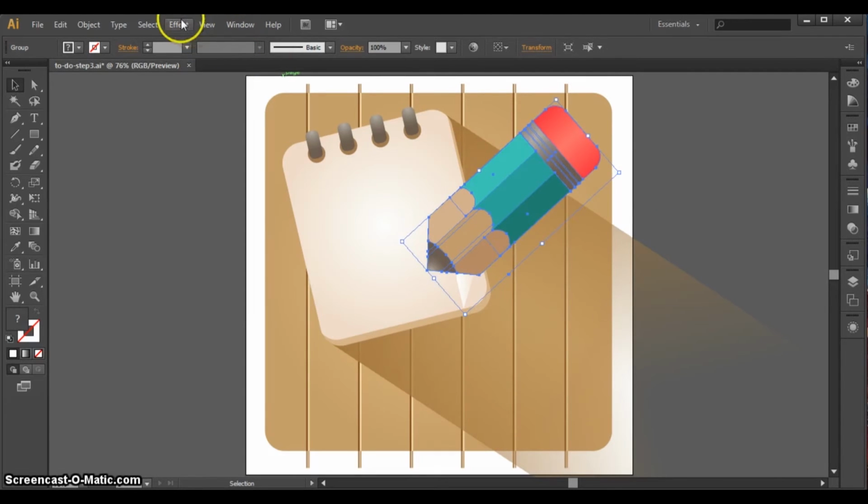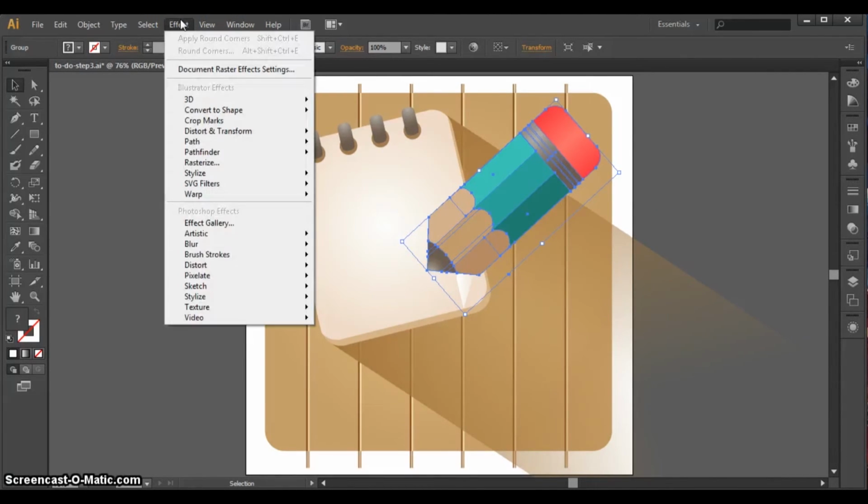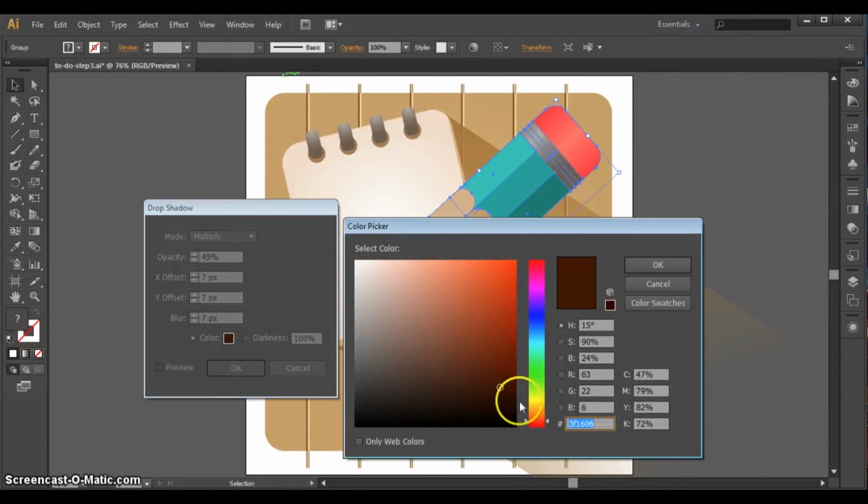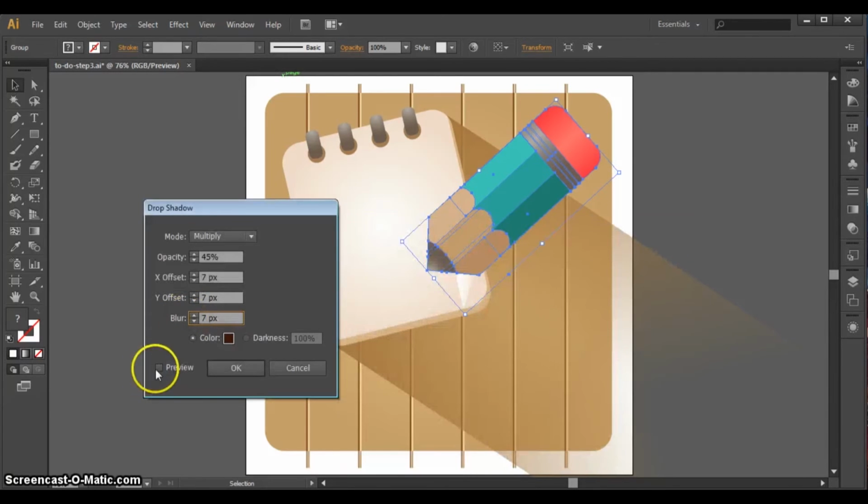And we want to add a drop shadow now to this pencil by going to Effect, Stylize, Drop Shadow. And this is the mode we want. We want it to be multiply, and opacity is often 75 by default, but we want it to be 45. We want both offsets to be 7. We want the blur to be 7. And a really critical part is that the color often defaults to black, and we want it to be this nice brown instead. 3F1606. And we can preview that to see how it looks. You can see that nice shadow appear along the edge of the pencil,